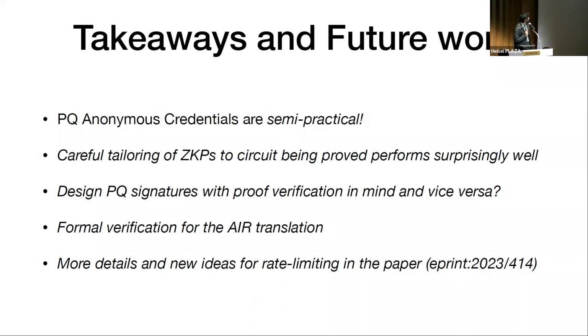Something that I hope people look into, and hopefully we can look into as well, is designing post-quantum signatures for proof work, specifically for proof verification. Because we just picked up Dilithium, right? And we just picked up zk-STARKs. We didn't design these things. We modified them enough to make them fit together well. But if you could start from scratch and design signature schemes with proof verification in mind, maybe the trade-off is that signing is worse or verification is worse, but you can prove knowledge of a signature. That would be very, very cool. And vice versa: design your proof verification with signatures in mind.